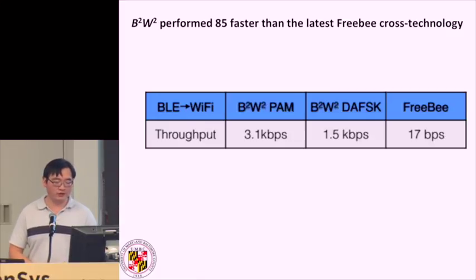Again, to compare to the latest freebie communication, because we were able to use these modulation states, and we were able to use CSI with multiple frequency range, we were able to get about 85 times faster than freebie connection technology. Of course, we didn't have anything else to really compare by, so we just compared. We wanted to perform the experiment with different modulation schemes just to verify that our scheme works, and basically to reproduce the variations between PAM modulation and FSK modulation.